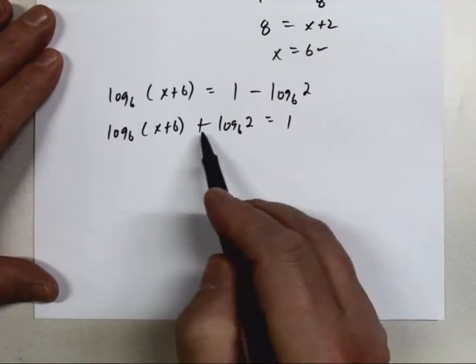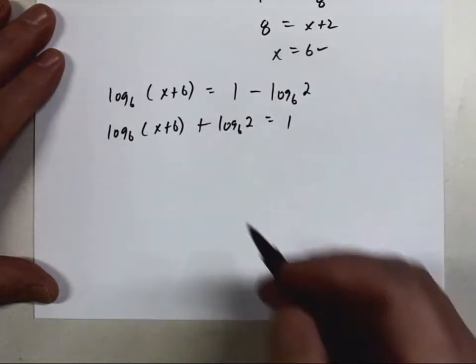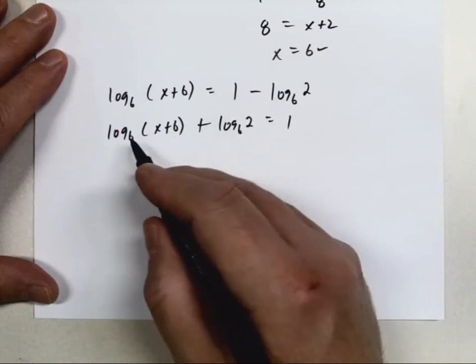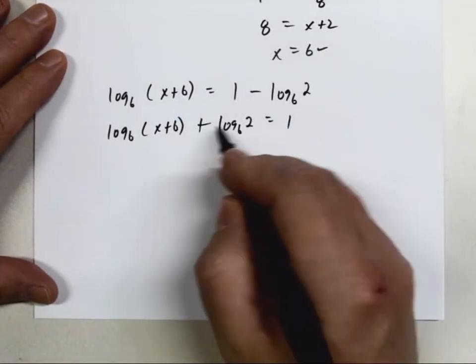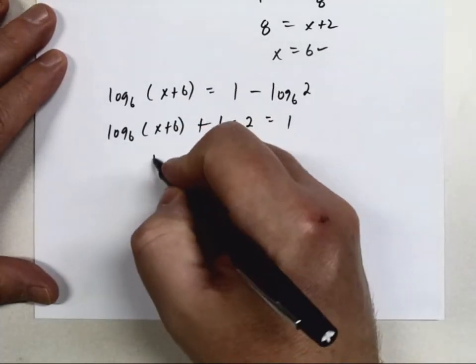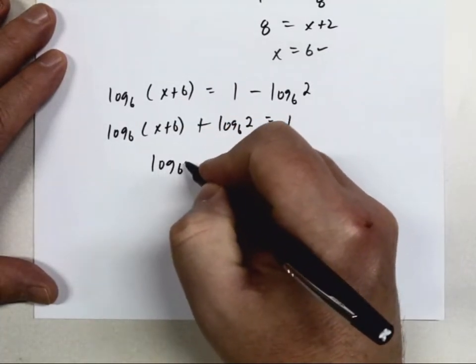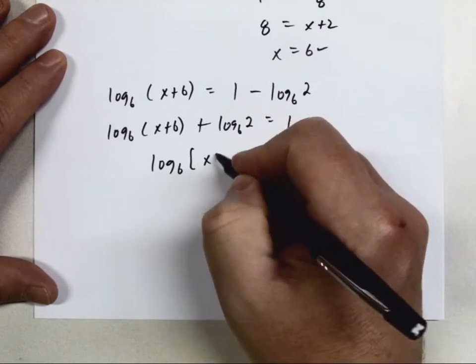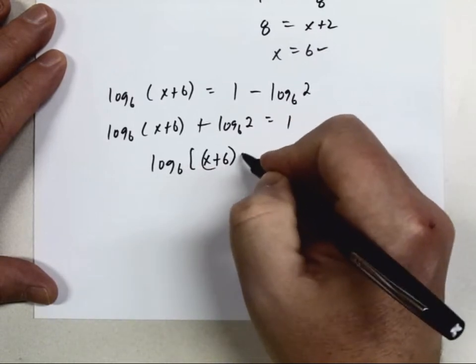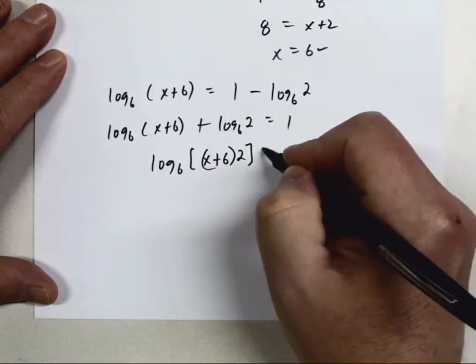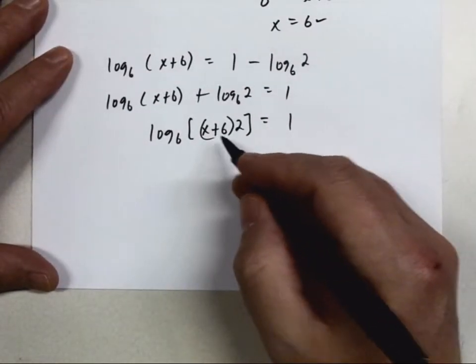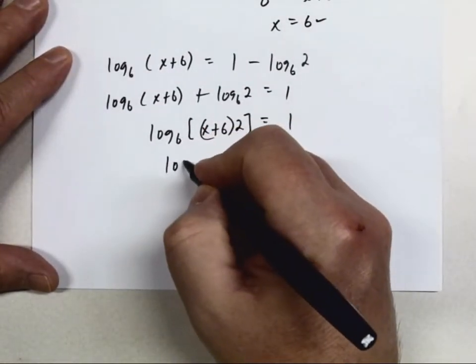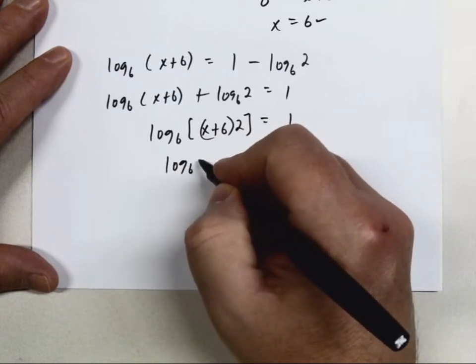Now I'm going to combine the log terms into one log. So same base, no coefficients. Since I'm adding them, when I combine them, I'm going to end up multiplying them. So this really becomes, if I multiply out the parentheses,